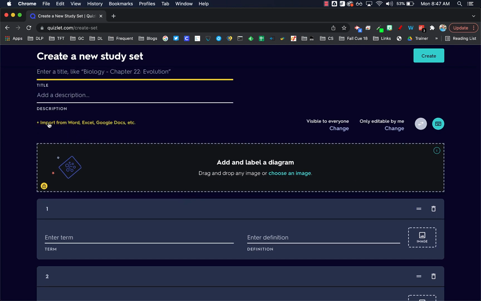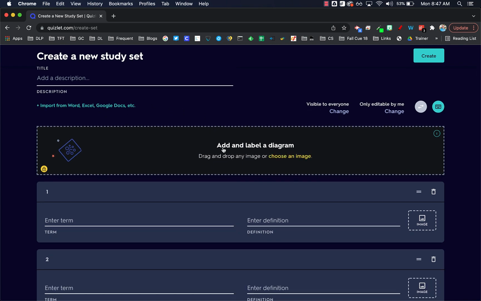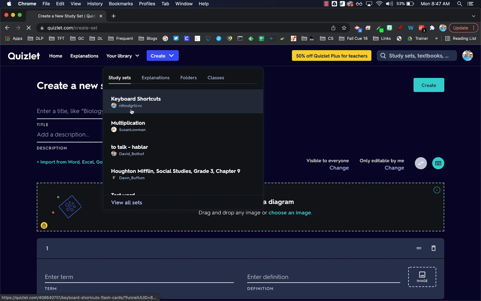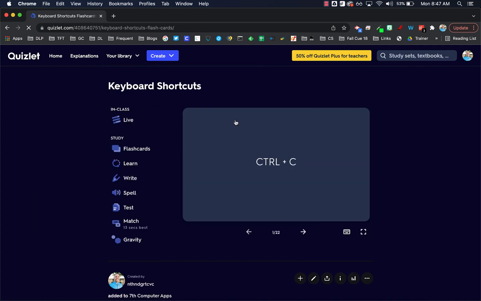Now, if I had some things already listed in Word or Excel, I would be able to copy and paste those in right here. One feature, if you are on the Quizlet Plus for teachers, you're able to add a diagram right here, an image that students would have to label. That's only on the paid version. However, if you're not on the paid version, you might still be able to find some diagrams that fit what you need. Okay, once you're done, you can press Create,